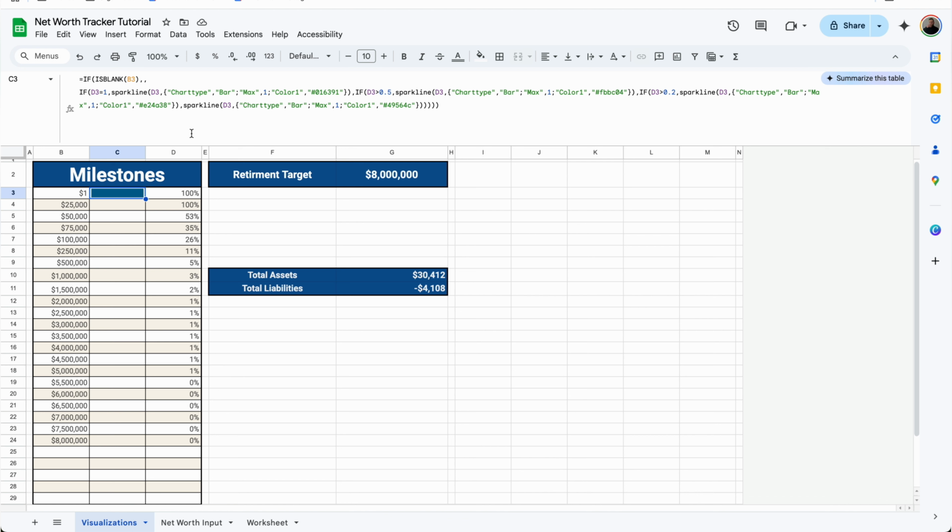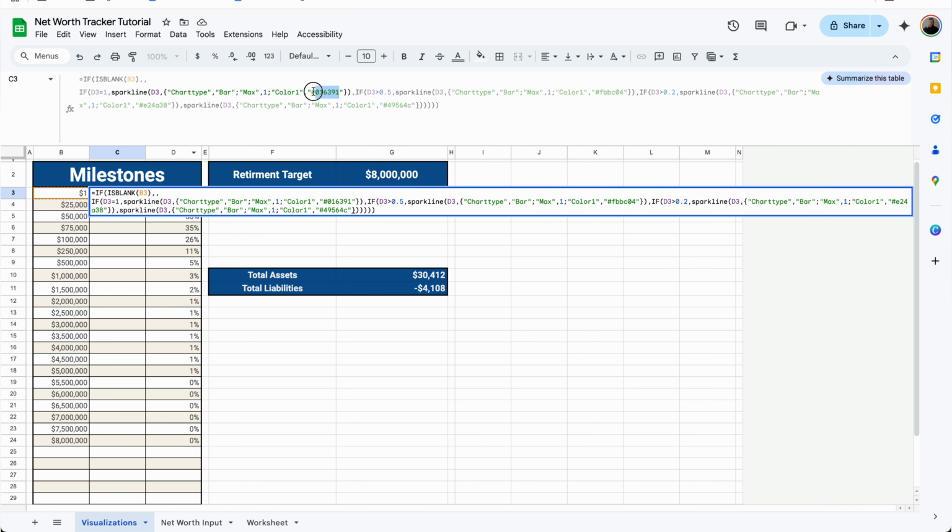Inside quotes, we'll put charttype, comma, inside quotes, bar, semicolon, inside quotes, max, comma, 1, semicolon, inside quotes, color1, comma, then inside quotes, whatever color you want. So this is the hex code. So I put #016391. And this gives us this nice little blue color,